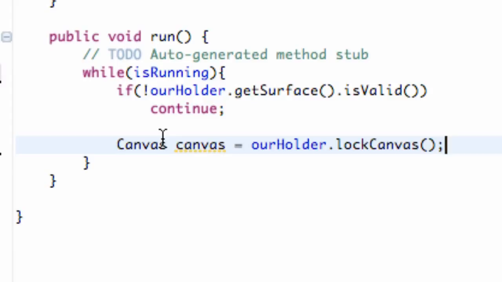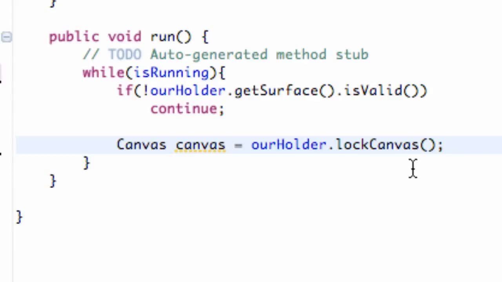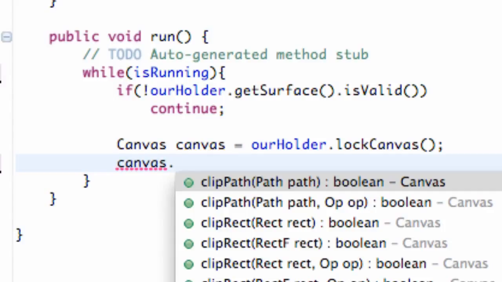Basically, we have this masterpiece, this great idea, and we want to paint it. So we're going to lock our door, paint on our canvas, and then unlock our door and show the whole world what we came up with. That's basically what we're doing within this loop. We're locking the canvas so no other classes, no other activities, no other threads can access it. That's the point of locking it. Once it's locked, this is where we start drawing on it. So we're going to say canvas dot draw